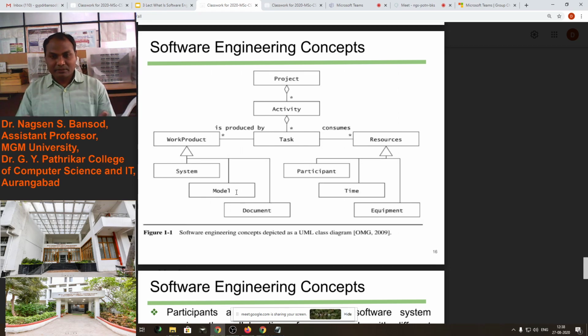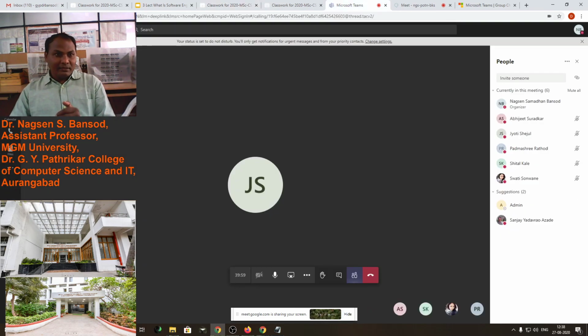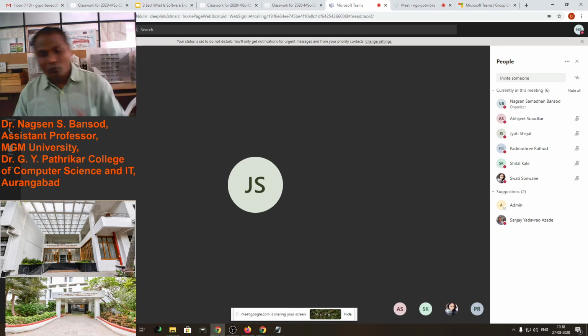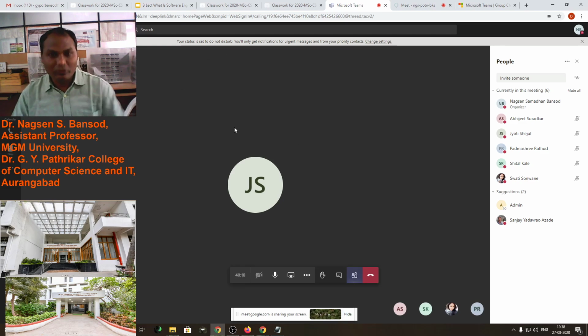Also documents, means help, software help. This document is the non-functional thing, means help. In the form of a book we will provide them how this software will work. Like Microsoft Teams, some of the students don't know what the functionalities in the Microsoft Teams software are. So there are non-functional things, that is the help. With the help of the help we can see how this software will work.